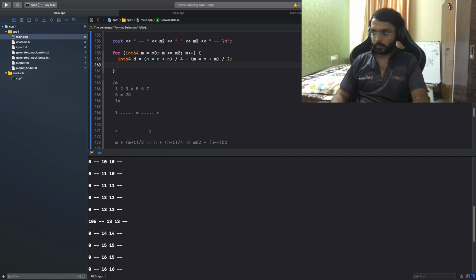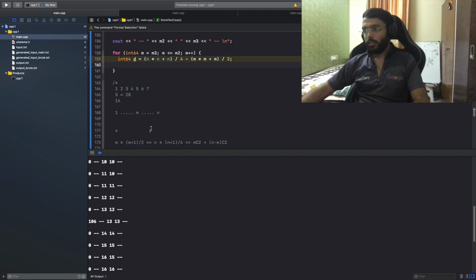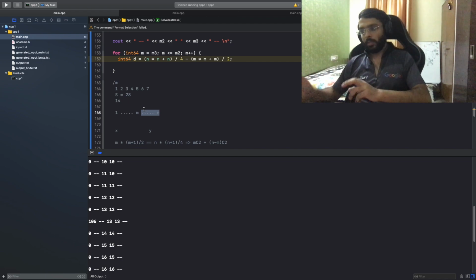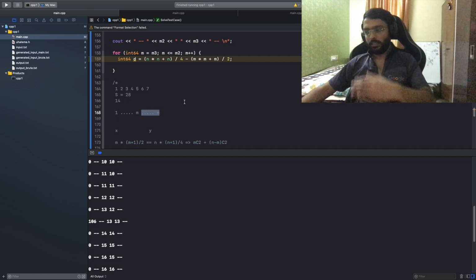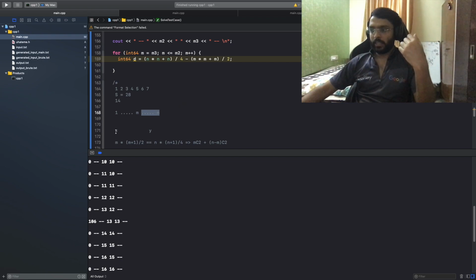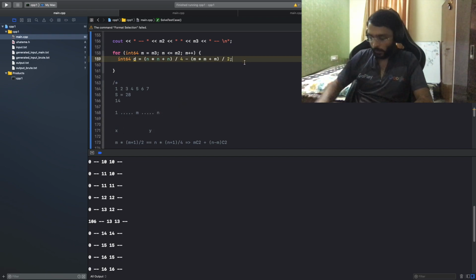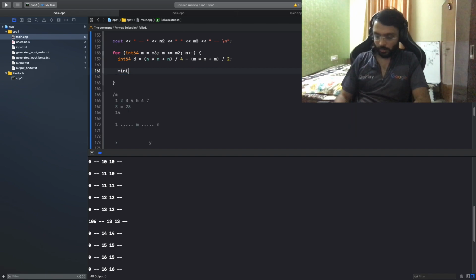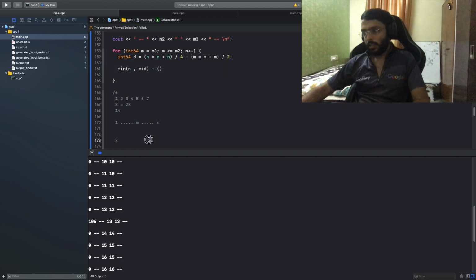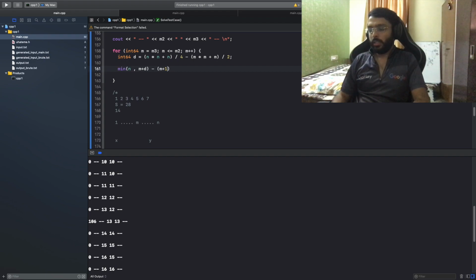So I'm trying to figure out, given a particular d, what are the different number of ways I can pick x and y. That will be nothing but different distinct values of y, because if y exists, x will always exist, just y minus d. In fact, I have to make sure that x does not go below 1 as well. So it will be minimum of n comma m plus d, and what is the minimum value of y? It can be either m plus 1,